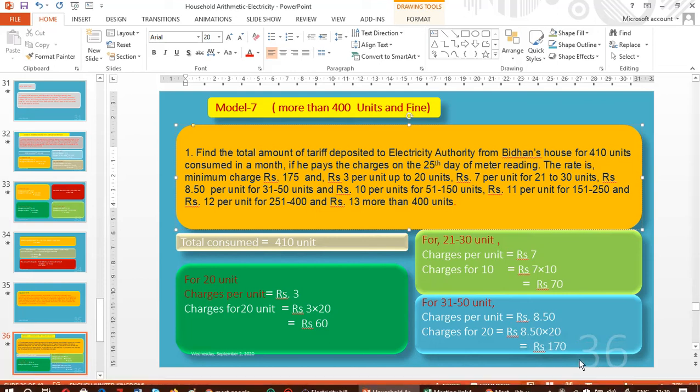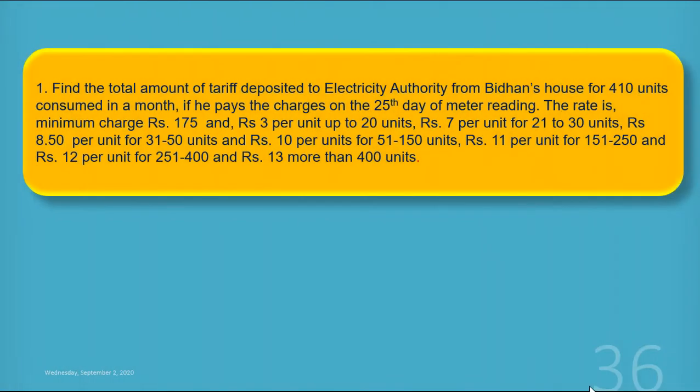Okay, dear students, here the total consumption of Bidan house is 410 units. Show the solution. Total bill amount. How can we find the total bill amount? Minimum charge